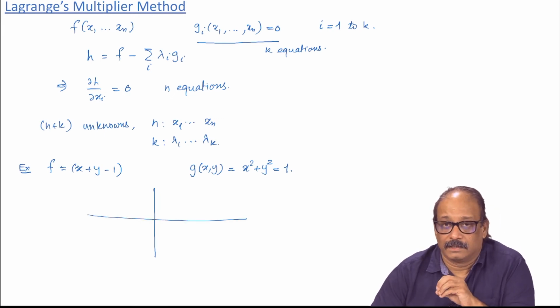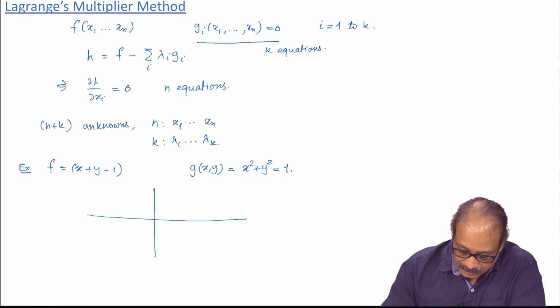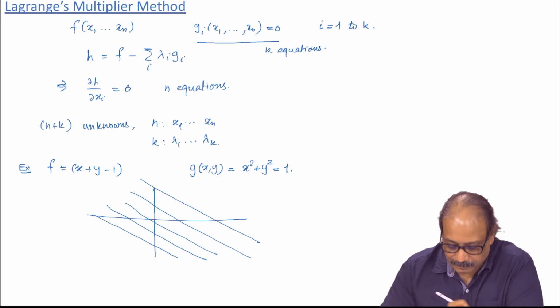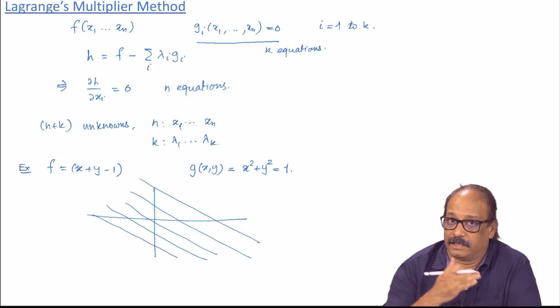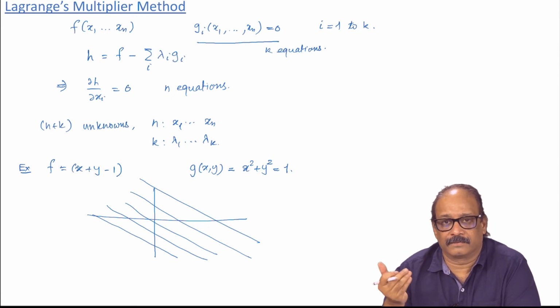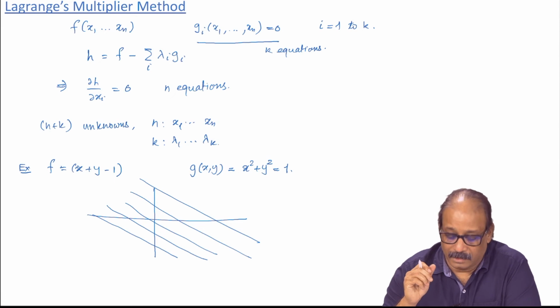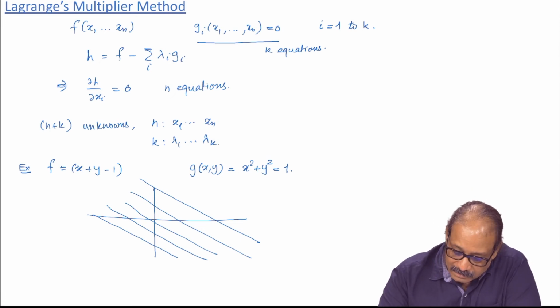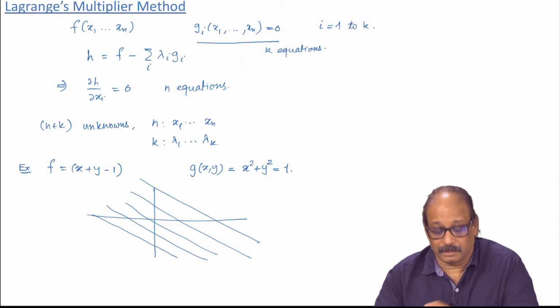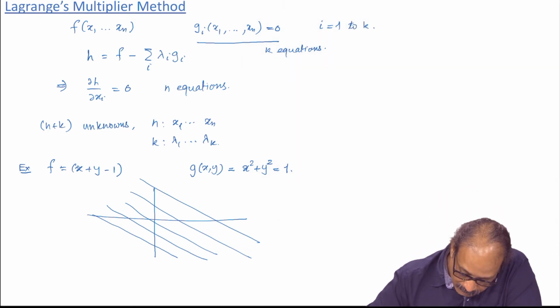Here, how do the level sets of f look like? The level sets of f look like this. They are given by x plus y is equal to some constant plus 1 equations. Now, how does the constraint look like? Your constraint is in fact a circle. So, the constraint is in the form of a circle,